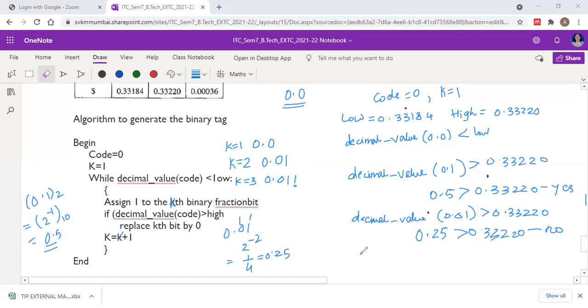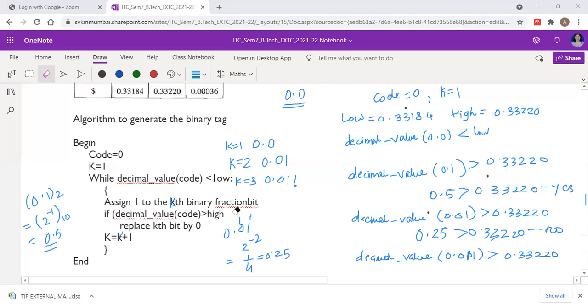So now what will be the decimal value of this code, which is 0.011? We have to check whether it is greater than 0.33220.